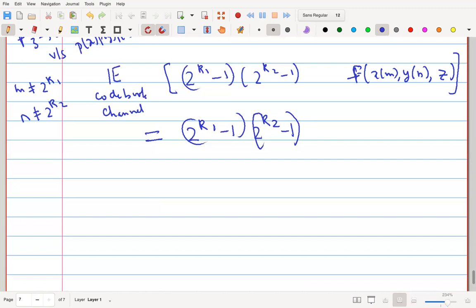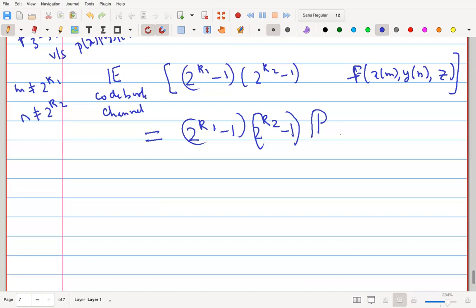the Ys were chosen IID from PY. This Z is of course correlated to the codeword for 2 to the R1, comma 2 to the R2, right? I mean, this is what the channel produced as output. So the actual message that was sent was 2 to the R1, comma 2 to the R2, but Charlie is at stage m comma n, so he's looking at the candidate m comma n, which is not the correct message pair at all in neither coordinates. So this expectation evaluates to this probability.